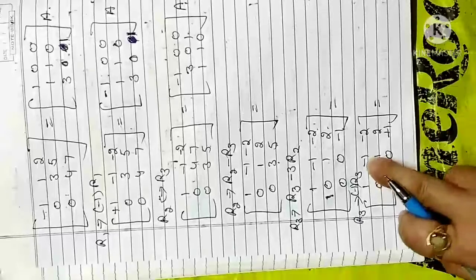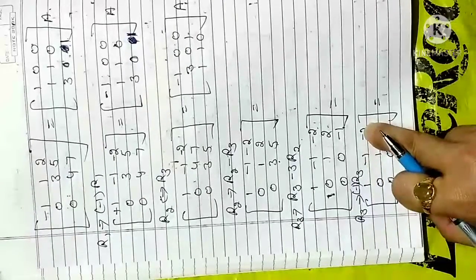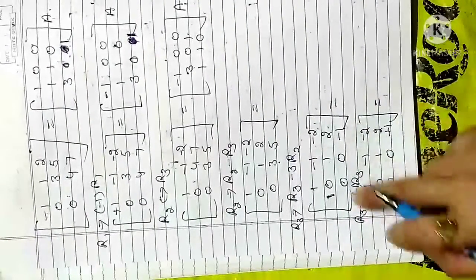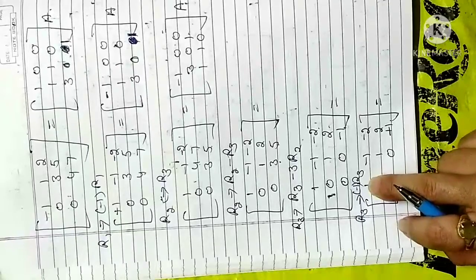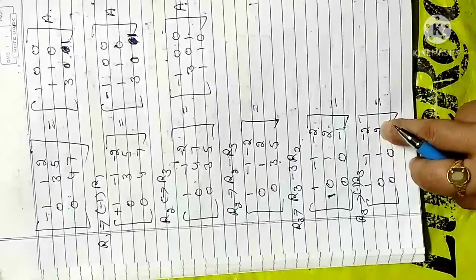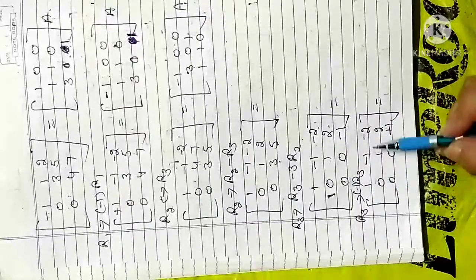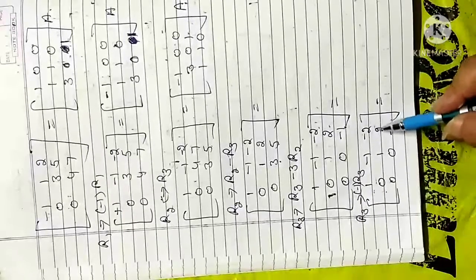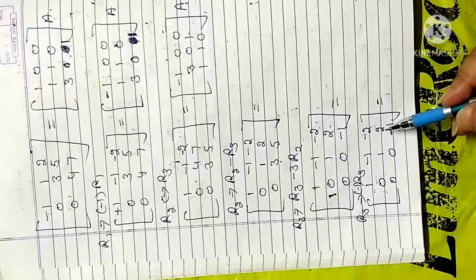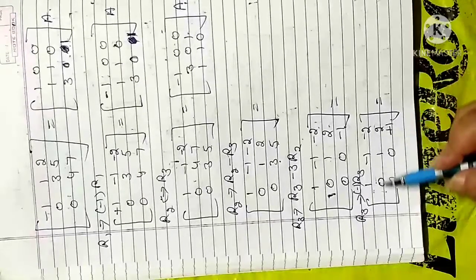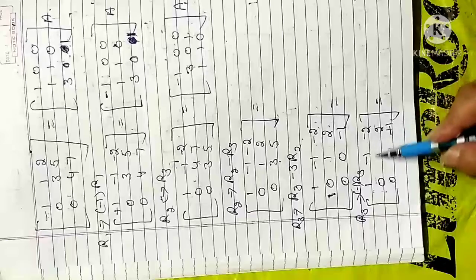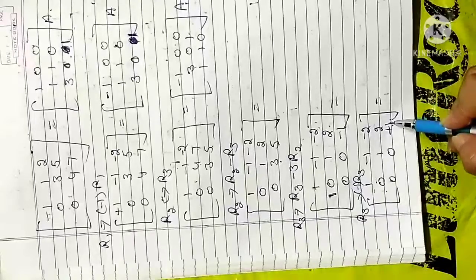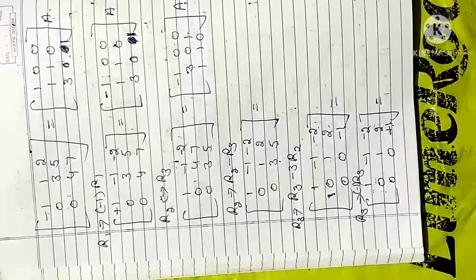Now what will I do? Because I need 0 here and 0 here, I can add row 1 with row 2. So I need changes here. Later I need 0 here, but first I will apply row 1 plus row 2, and if I also want 0 here, I can immediately apply on row 2 this R2 minus 2 times R3. So if you multiply this by 2 and subtract from this, you get 0 here.